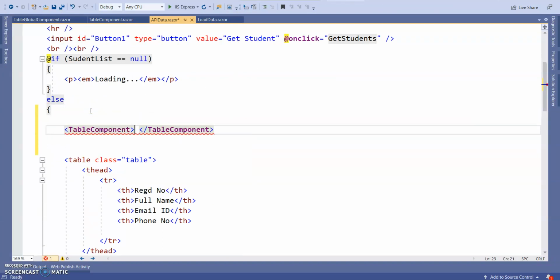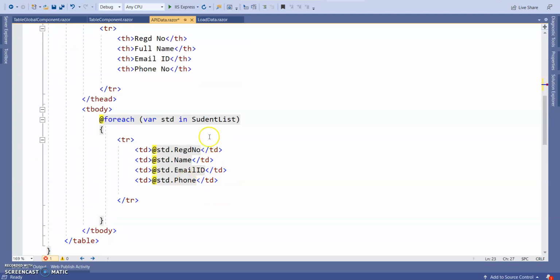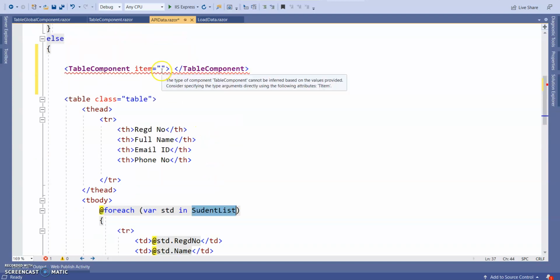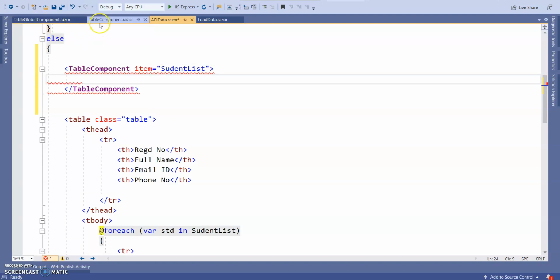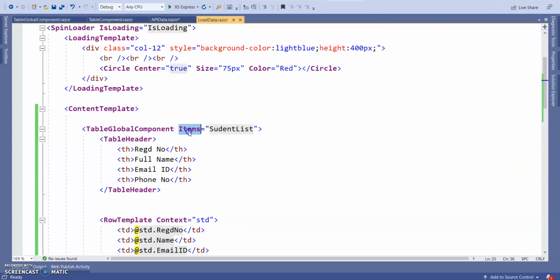Same thing I'm doing, straightforward. Table component. It will take items equal to this student list I'm going to use. Okay, so it should be Items.